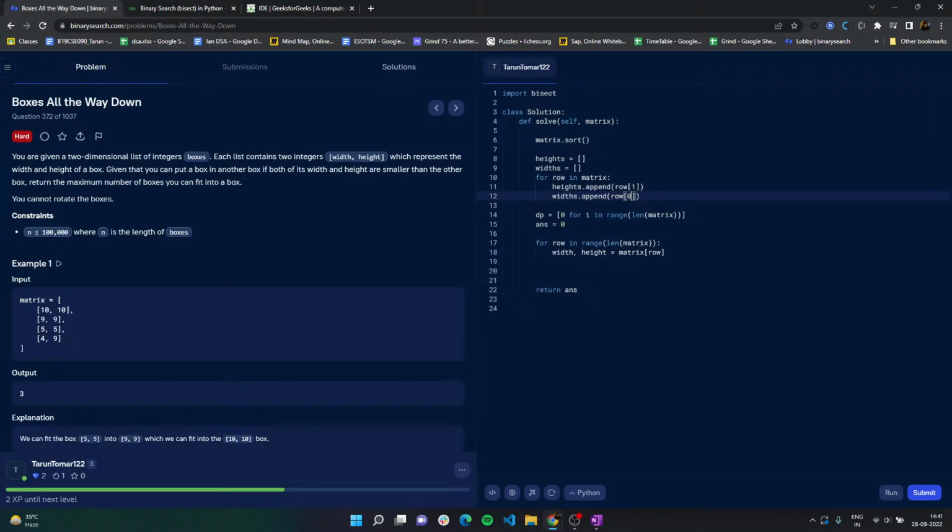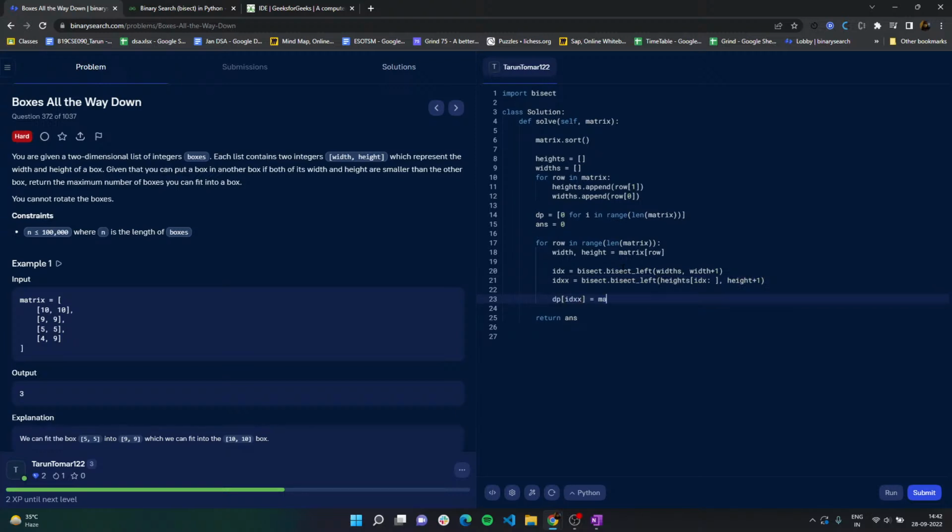Okay, so what I'm going to say here is find me the index of bisect_left in widths for width plus 1, and find me the index in heights from the previous index for height plus 1. Whatever index it is,